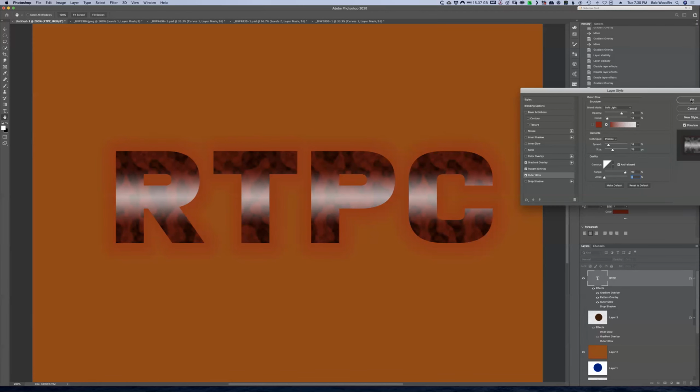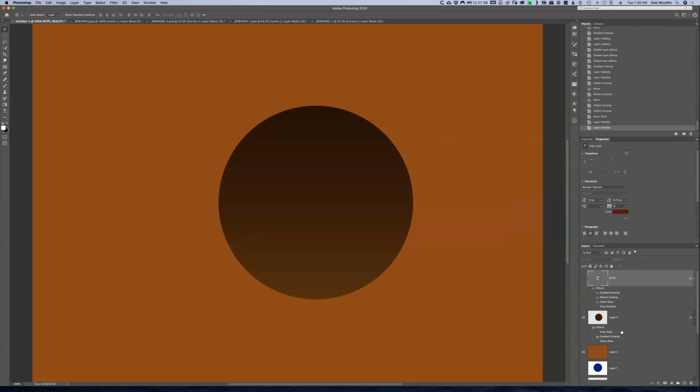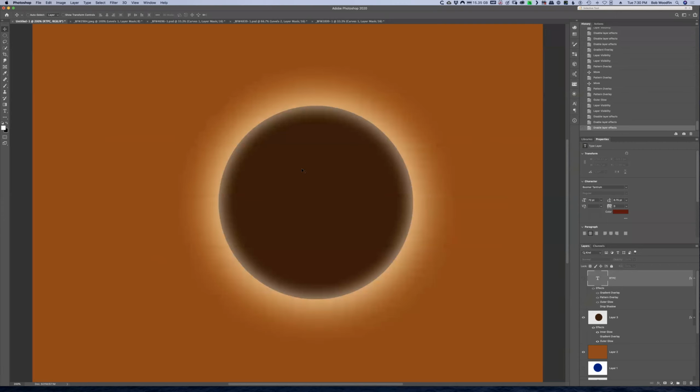And what I want to do now is show you this right here. I'm going to turn this off and turn these on. You can create stuff like this with the inner glow and the outer glow. I wanted to create something like a solar eclipse. This is not really there, but it's something kind of interesting like that. It's probably a little too dark around here, but that's what you can do. A little bit of inner glow in here, and then a little bit of outer glow to give it that look like the earth in between,